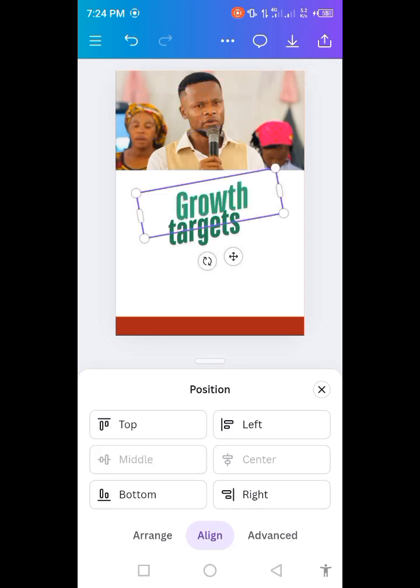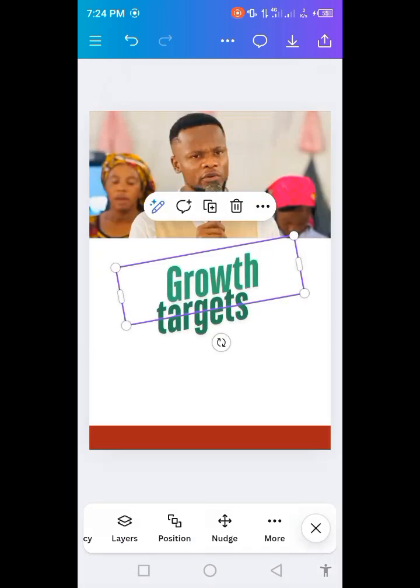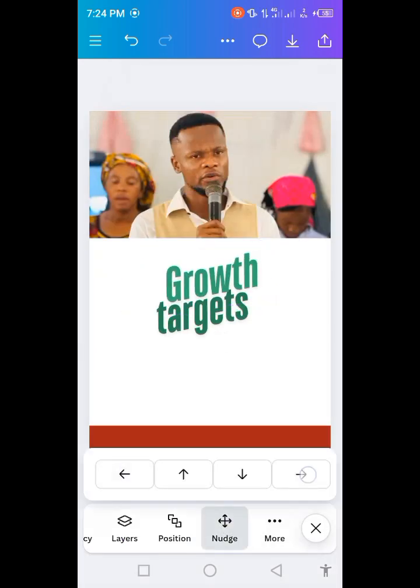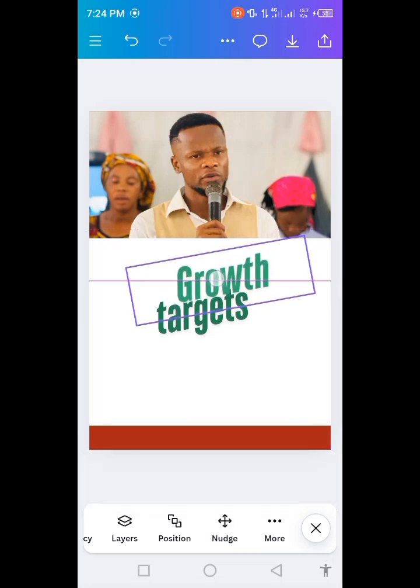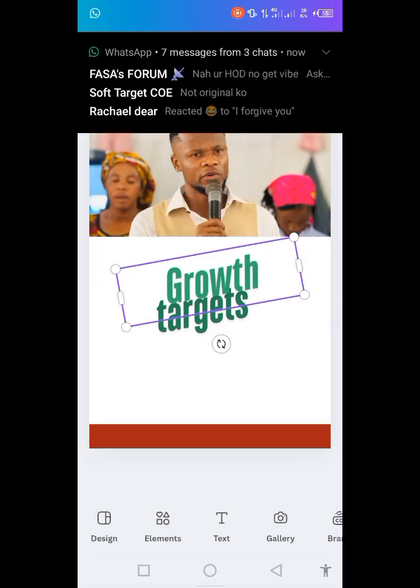Do you understand? Then this is advanced. Maybe you have your measurement in your head where you want it to be. I'll be doing that, but I prefer you use either this, can you see, up, down, or just use your hand and move it instead of stressing yourself and doing all those things. And then we have